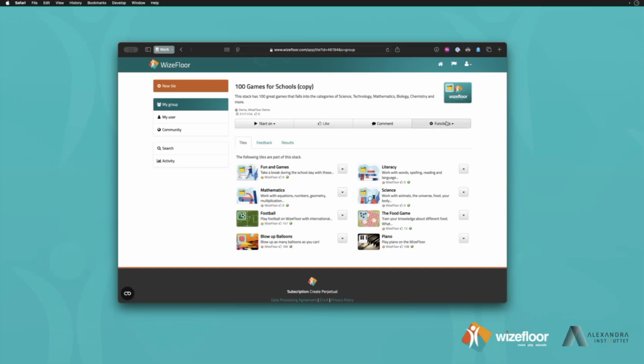But right now I can edit this 100 games for school on the root level here. So you can see now I have an option to edit. I can also create a new stack or a new tile. So if I want to create something entirely new, I'll just show how to add new content to this stack. So I click the edit button,